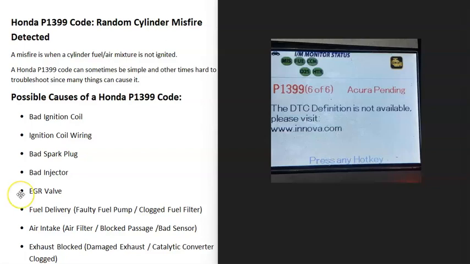Hello all. So if you have a Honda with the P1399 code, I thought I'd go over what it is and the different fixes for it and what causes it and things like this. And this P1399 code is kind of notorious with Hondas. There's many different things that can cause it. And so I'm going to go over the things that I found with this code and things that I've done